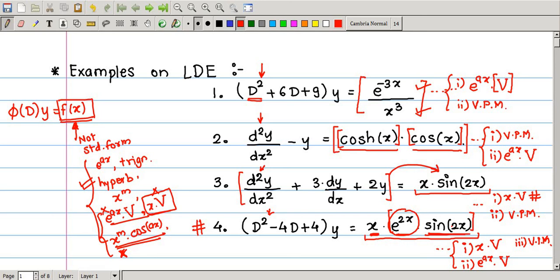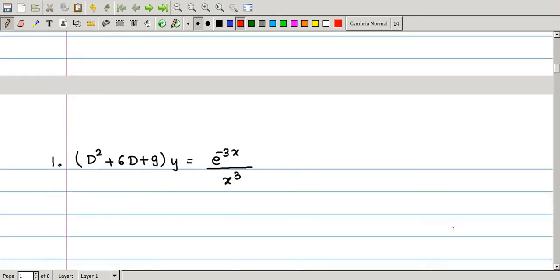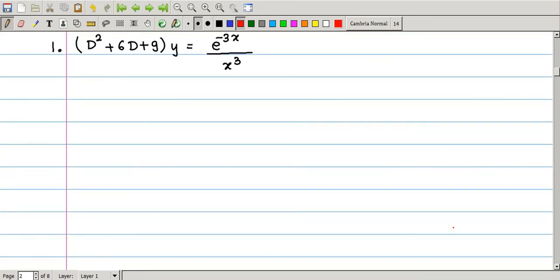Let's check the solution. So we consider example number 1. It is d square plus 6d plus 9y is equal to e raised to minus 3x upon x cube. So to solve this problem, first we consider the auxiliary equation. It is d square plus 6d plus 9 equal to 0. So this will imply our roots are,